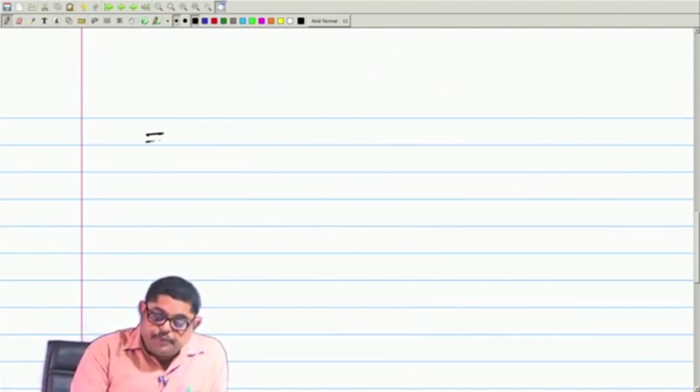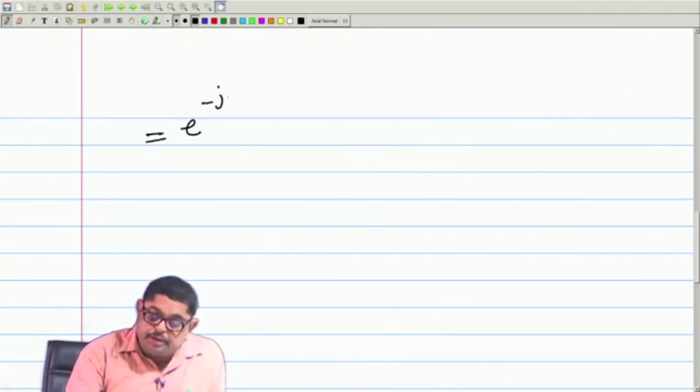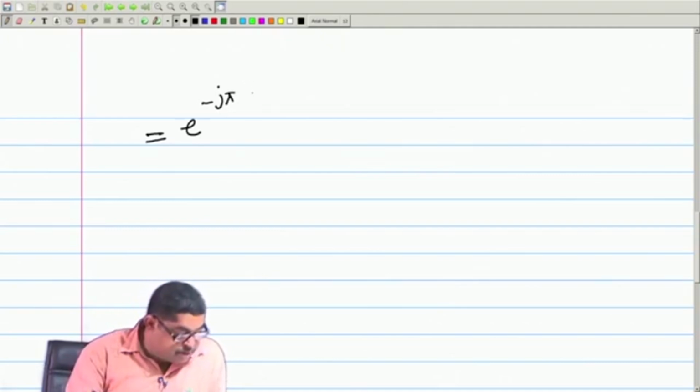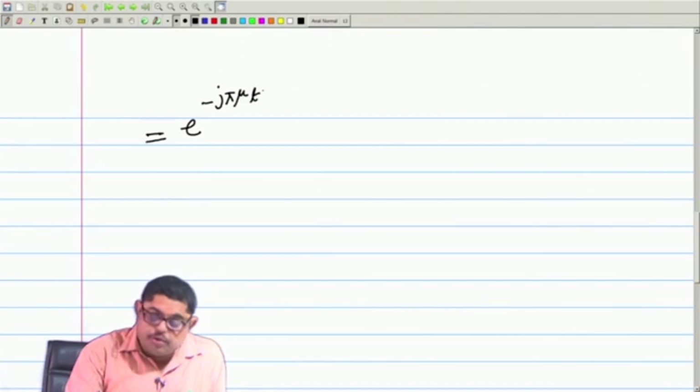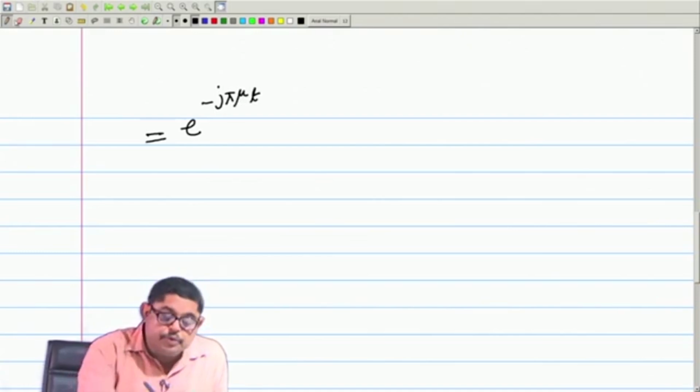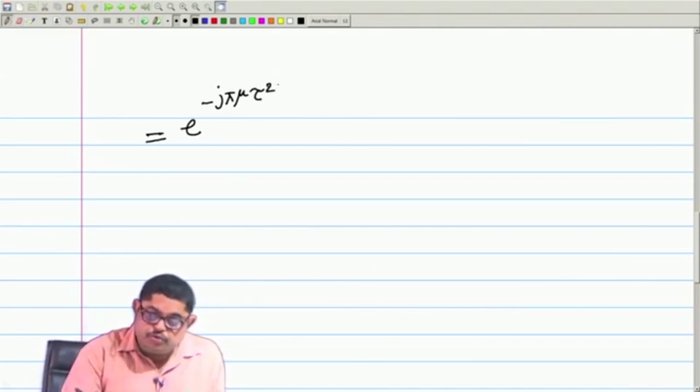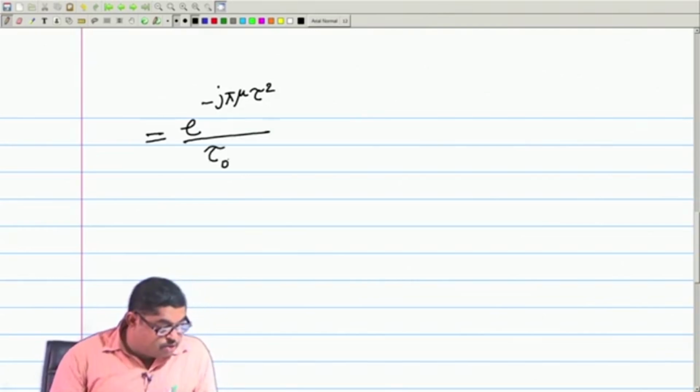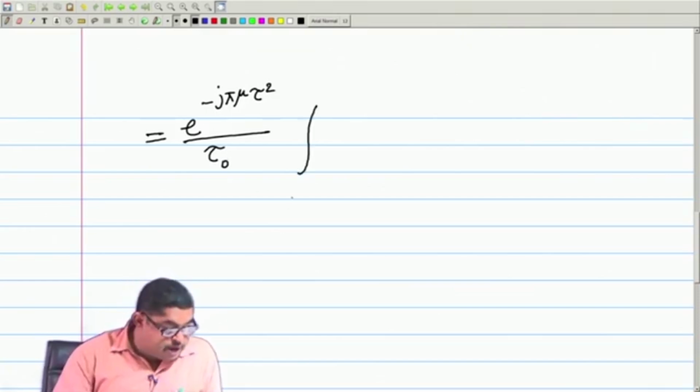So, these will be the constant things I can take out: e to the power minus j pi mu tau square by tau naught. This is out of the integration, and as we said, the integration limit is from